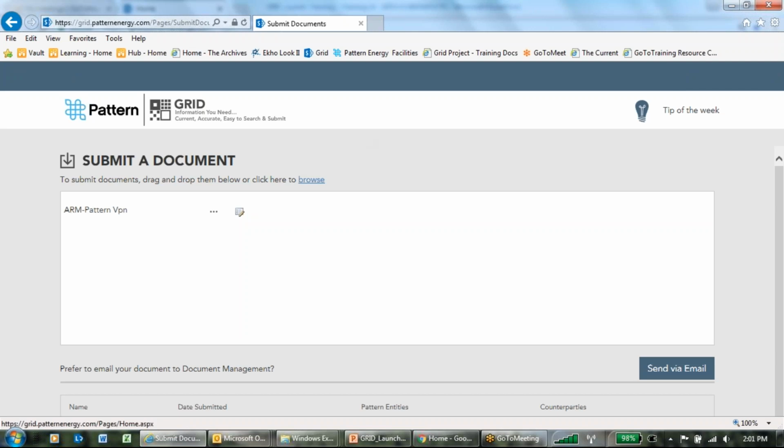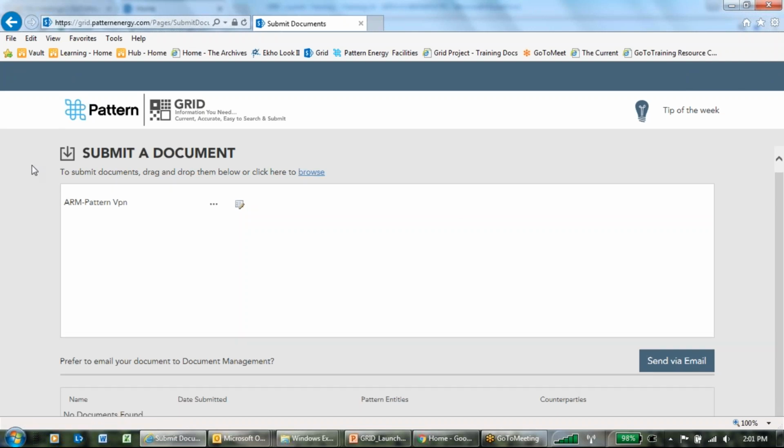Now, what we're looking at here is the Submit page, and it's divided into 2 halves. We have the top half, and the top half shows the documents that you have in process. Maybe you submitted them recently and they haven't been fully uploaded to the grid yet, and they will be sitting here in this top half. This is where you can still grab them and edit them or delete them, and that is different from the bottom half of the page